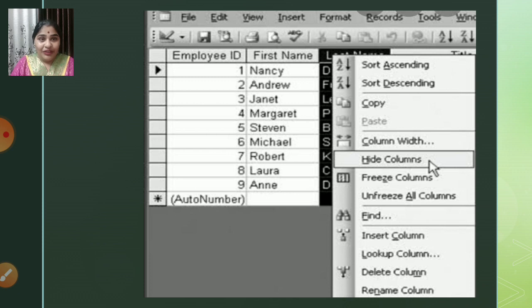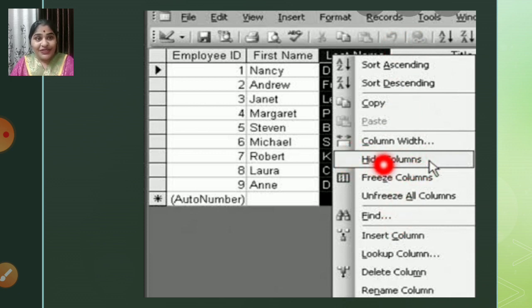So you can see the screen. Here is one example. Here is employee ID, okay? Can you see? This is the column heading. This is the field employee ID. This is the field first name. This is the field last name. When you select this heading, you will see the whole column is selected, and when you right click on that heading, you will get this menu, okay? This context menu appears on your screen. From that children, you will select hide columns.